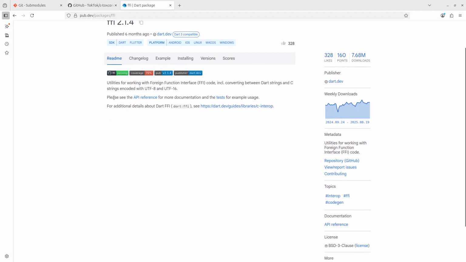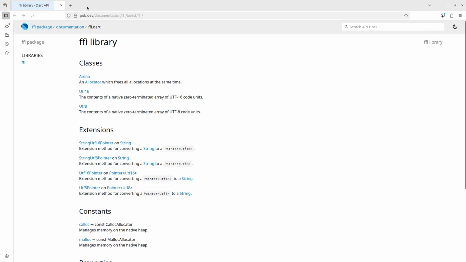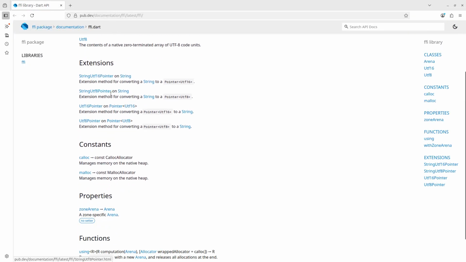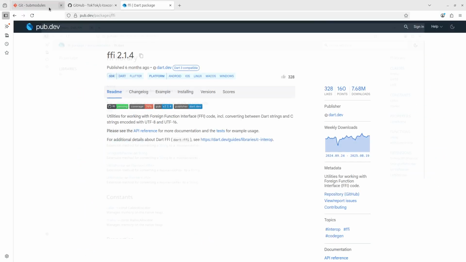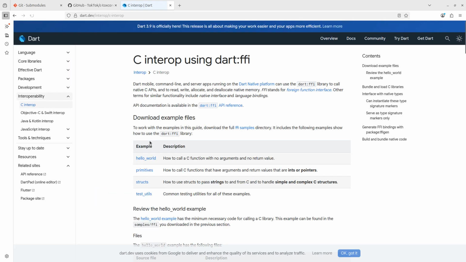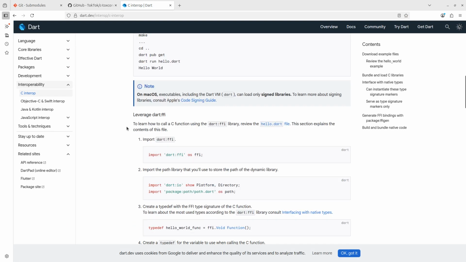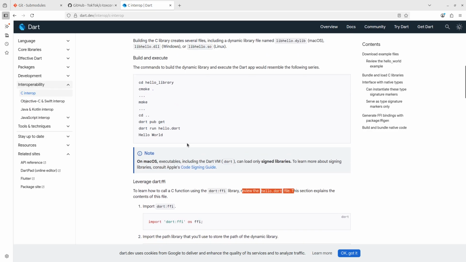Let's see what we're working on here. There we go. I think this is where we were the other day. This is good. Okay, Flutter interop using FFI. Okay, so to call a C function using the Dart FFI library, review